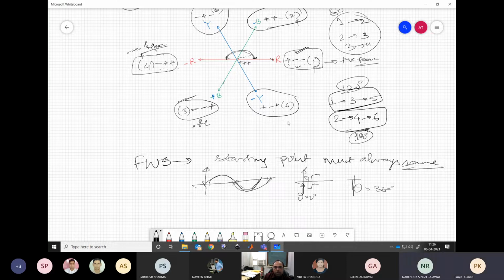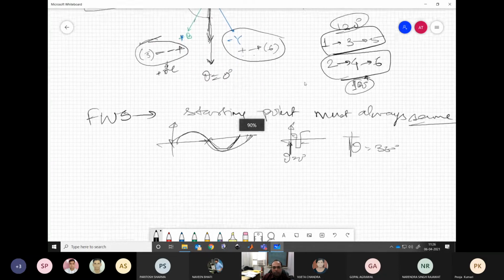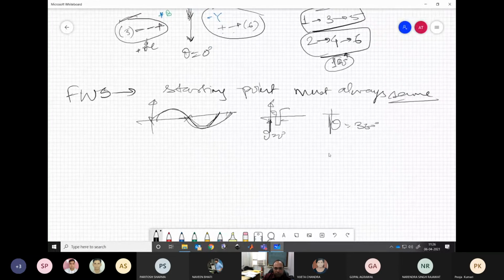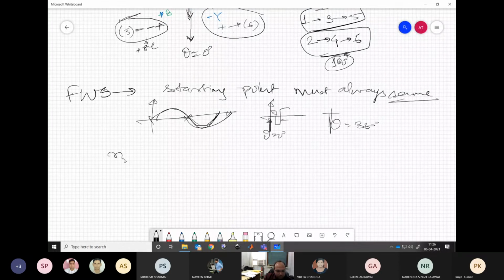Yes, sir. So similarly here also, let's say you take this as reference and you are placing your samples in this complete hexagon or complete fundamental cycle. What you must ensure is that wherever you have one sample located, you must start every time from there only. So which means what? You must have an integral number of samples in your complete hexagon. Is there any confusion in that? No, sir.